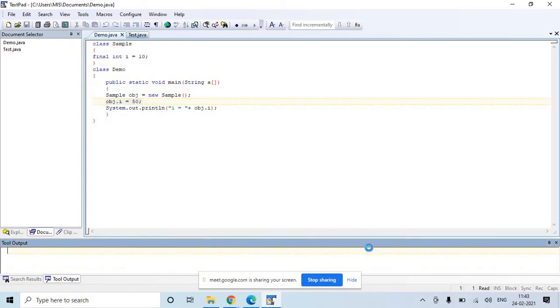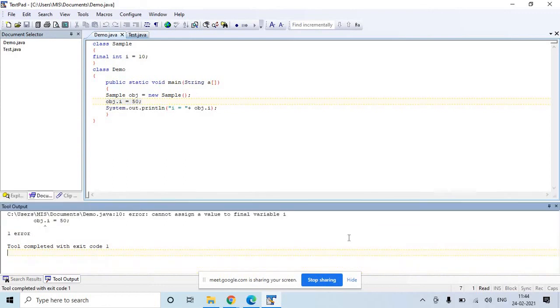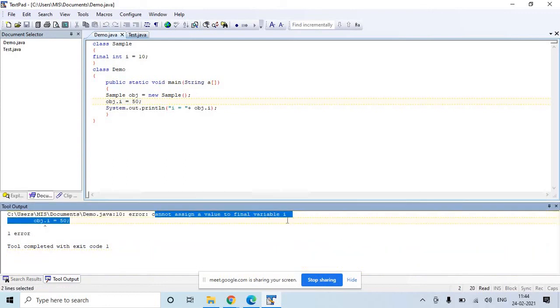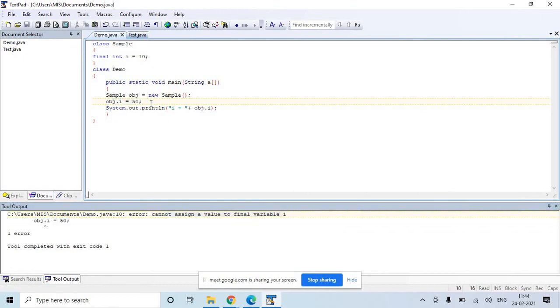I should get an error message. Yes, I have received an error message. The error says you cannot assign a value to final variable I, at obj.I is equal to 50. You are getting the error in this line because I is a final variable. So this is how the final variable works.